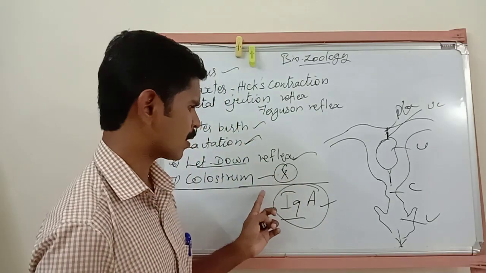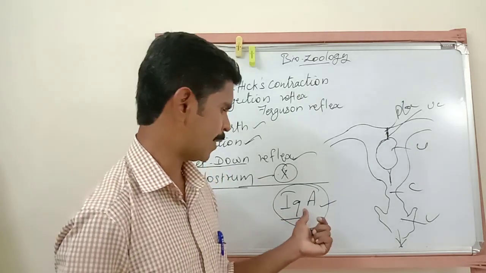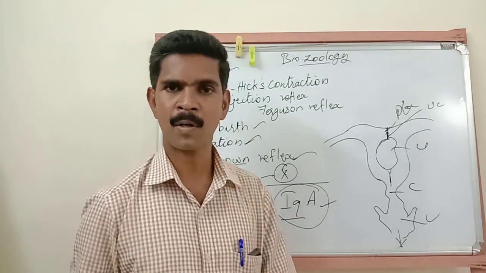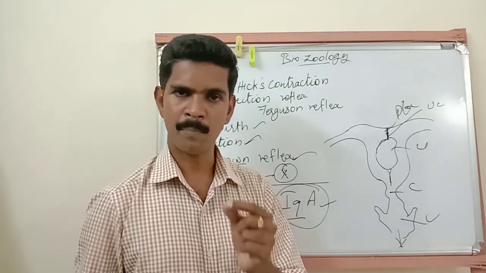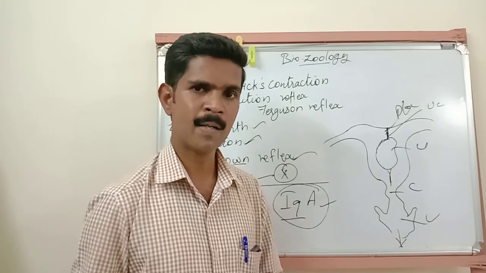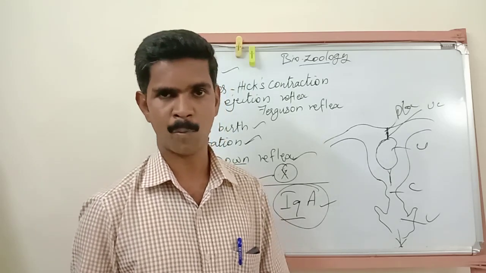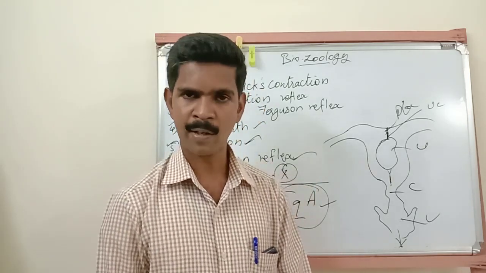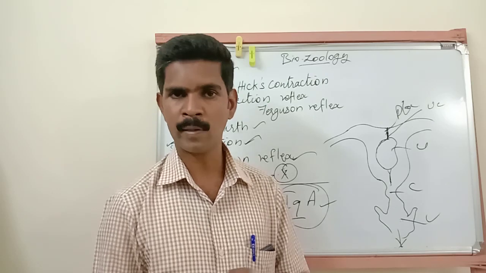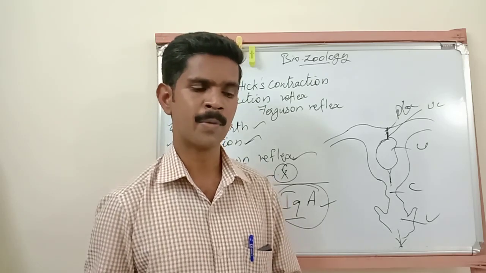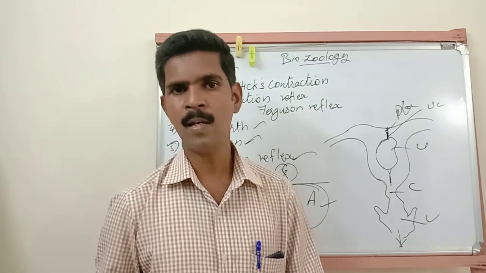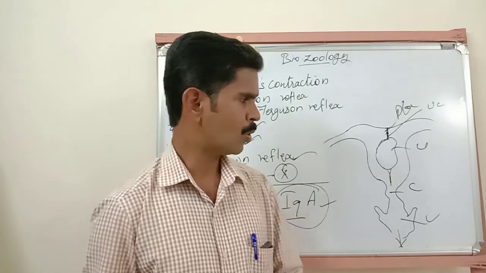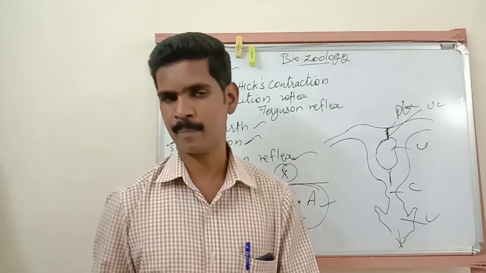This colostrum also consists of an antibody, called the IgA antibody. This IgA antibody is very important for protecting the baby's digestive system from bacterial infection. Moreover, this colostrum consists of more tissue repairing factors, immune factors, and growth factors. All these factors are highly available in the colostrum, so it is a very important food for the newly born baby. Understand, my dear students? So now we have completed the second chapter.